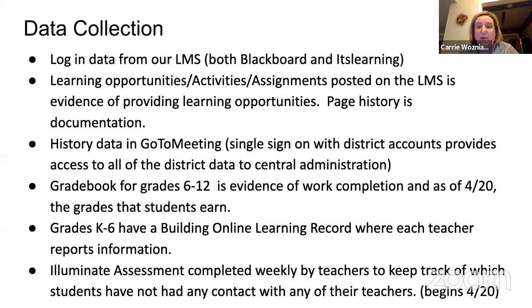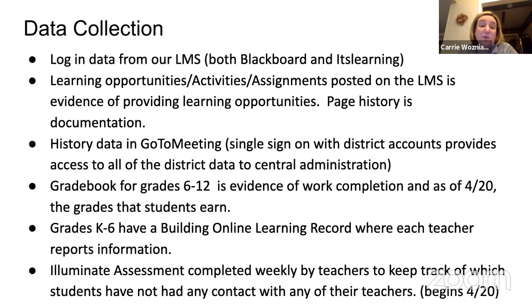We're going to be using, as Brenny talked about, the data from the learning management system, the history data from GoToMeeting. That has been wonderful. We've had an enormous amount of connections, and that provides us a lot of great data. And it also allows the teachers to record so people can watch them again. We're using the gradebook, our PowerSchool information. We're also using Google Docs to document when teachers are correcting and connecting and keeping track of the kids that weren't online.